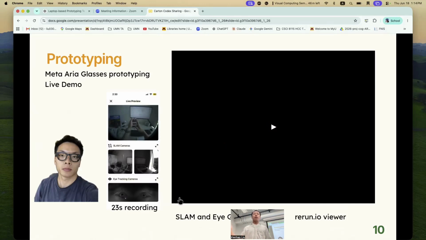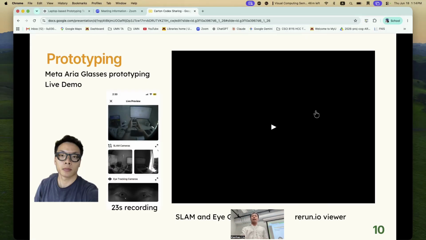And now Rayhan and I can do a live demo here to show how Codex can help us with this. The thing we are trying to do right now is we'll wear the glasses and walk around, scan around the environment, and reconstruct it. You can use SLAM to reconstruct the space and also estimate your eye gaze from the eye tracker on your glasses. These are Meta Aria glasses. There are egocentric SLAM cameras on the front and